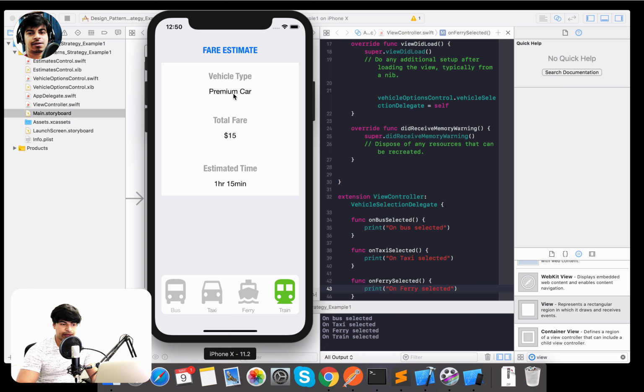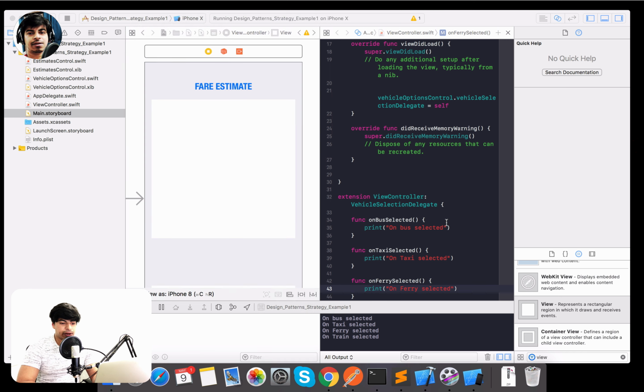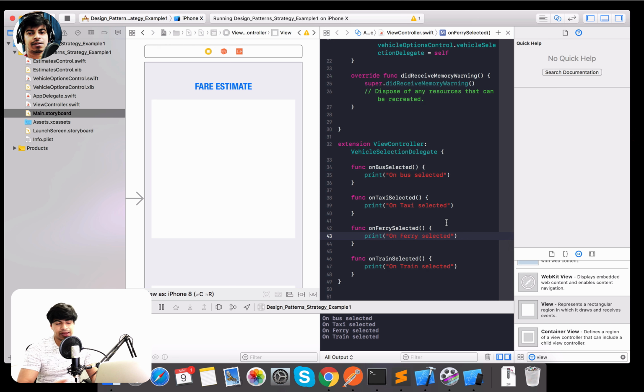So vehicle type chosen has to reflect total fare and the estimated time. Ideally this should be something like it gives a call to the server and checks what is the current price, if it's peak or something. Those are not in scope yet, but I'm just trying to show you how it works, like how a strategy can be applied without having code in if else constructs, or it applies with